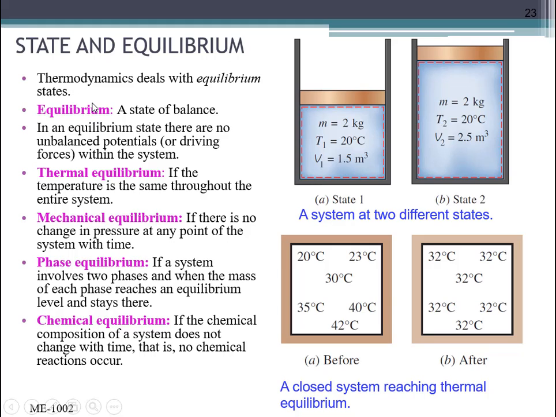Equilibrium मतलब ये है कि एक बैलेंस है, कोई अनबैलेंस पोटेंशियल नहीं है जो कोई तब्दीली ला सके। फॉर एग्जांपल, हम यहाँ बात कर लेते हैं, अगर यहाँ पे आपका वॉल्यूम 1.5 था और वॉल्यूम 2.5 हो गया, तो दिस इज स्टेट 1। जब आपने इसका वॉल्यूम बढ़ाया तो आपने बेसिकली प्रेशर को ड्रॉप किया, इसकी वजह से एक अनबैलेंस पोटेंशियल क्रिएट हुआ, जिसकी वजह से आपके पास जो यहाँ पे इक्विलिब्रियम है वो डिस्टर्ब हो गया।